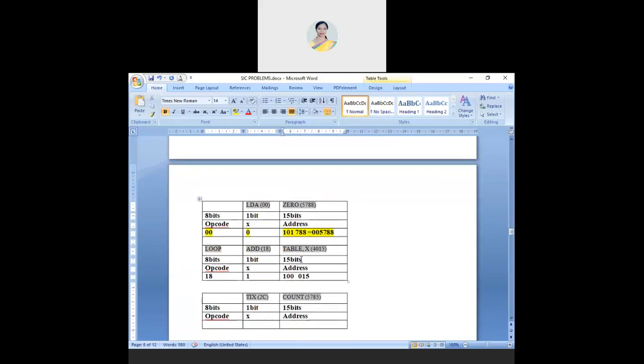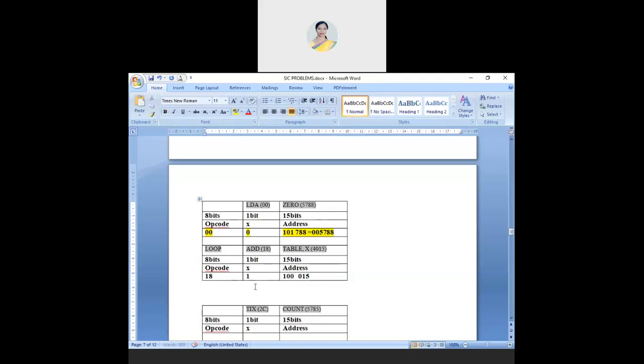So what is the value of 01100? What is the address now? This is 18, right? 18, and this is 8 plus 4, 12. 12 is C, right? C, then 015. So 18C, correct?